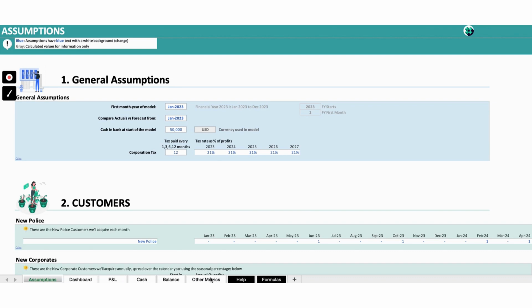And then we also have other metrics, which is basically everything that's non-financial, like the number of customers you have, your headcount, or if you're in e-commerce, for example, then it's also the number of orders, etc. Then there's the help center, which has useful articles and troubleshooting for if you get stuck. And the formulas is just for you to know where the calcs are sitting, all the calculations, so nothing for